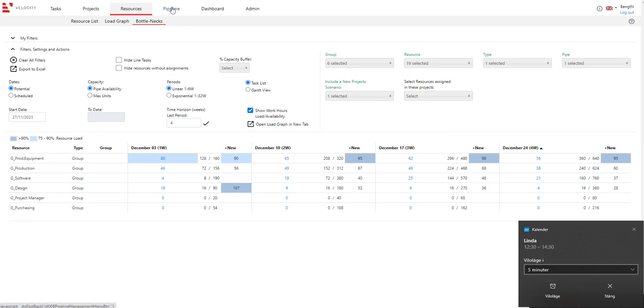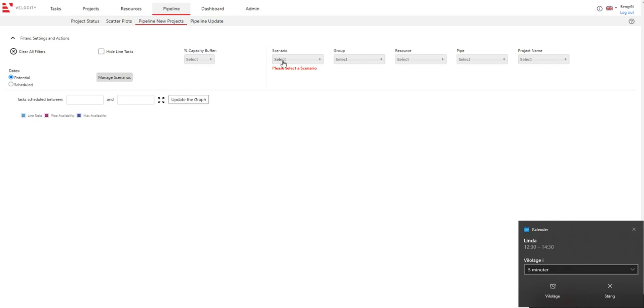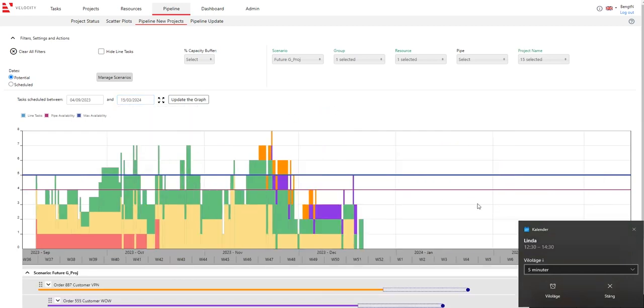Okay. So having knowledge about this, we can now go to something called pipeline new projects. And we now select this scenario where we keep our future projects, and we select production equipment. And we can look at what we have. So let's give a little bit more room here. Okay, so what we now see